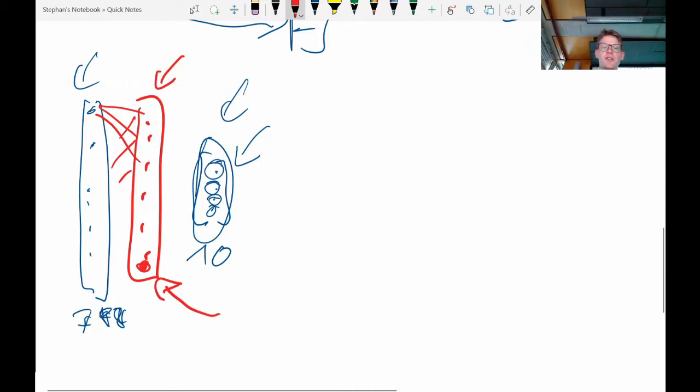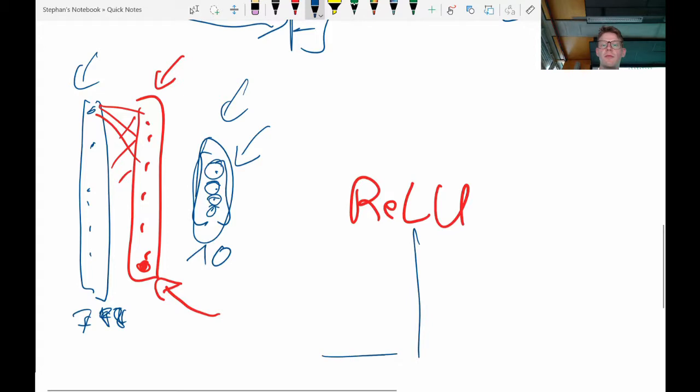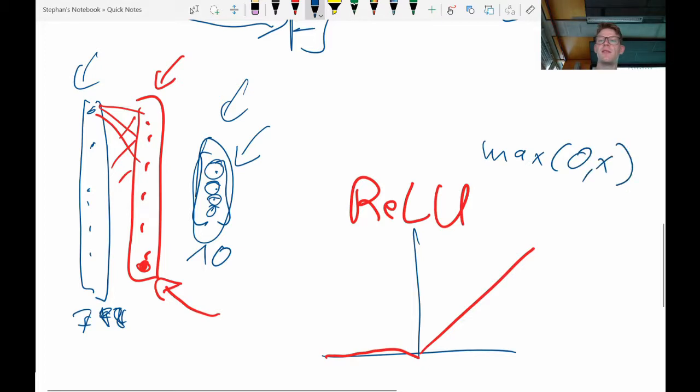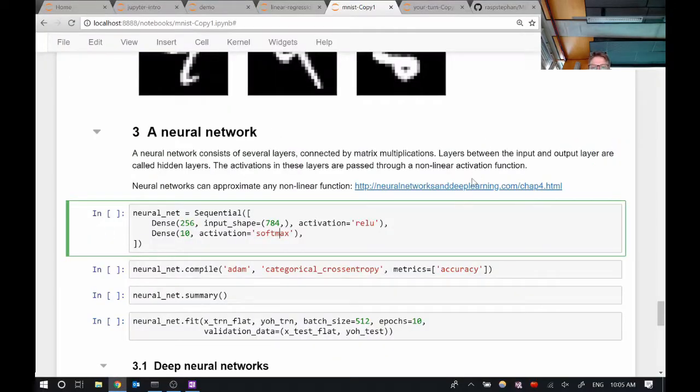And the function that we're going to use is called a rectified linear unit. A rectified linear unit looks something like this. It simply sets all the negative values to 0. You could also write max(0, input). Now, this is a pretty simple nonlinear function, but as I mentioned yesterday, it turns out that if you combine a lot of them, you can actually approximate complex nonlinear functions. And again, if you don't believe me,